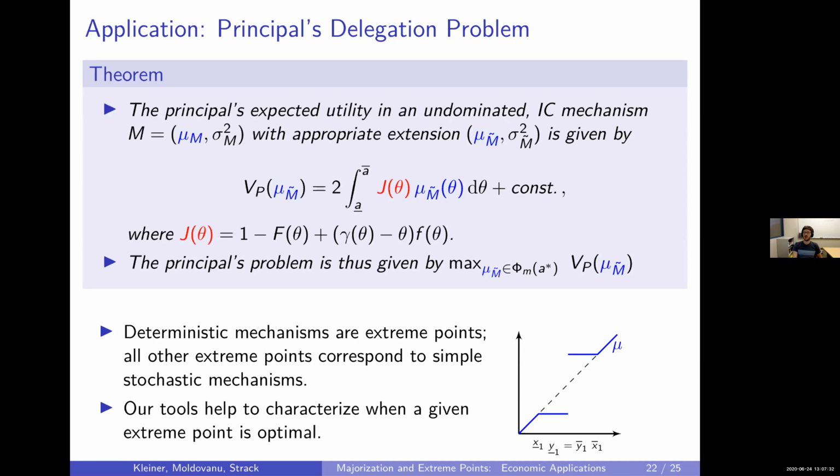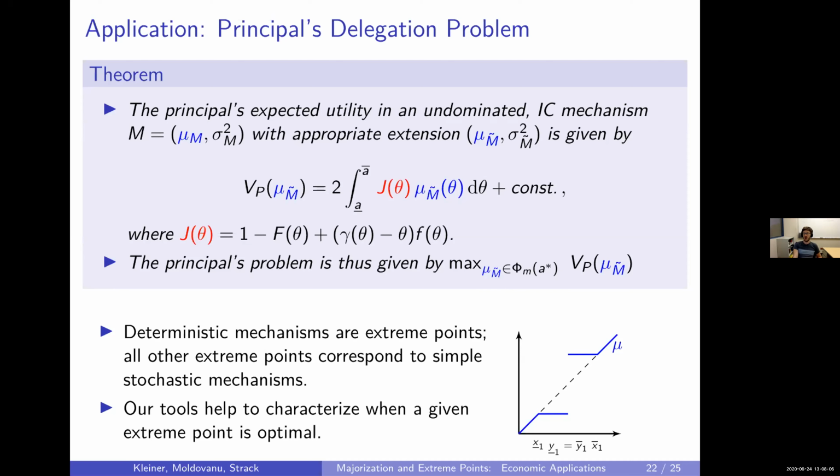And this shows us that the principal's problem now is to maximize this linear functional by choosing a mean action rule, and the feasible mean action rules are exactly those that lie in the anti-orbit of the identity function. So again, it's the same type of problem that we've been looking at before. And what can we say, even without digging into the exact form of the virtual valuation? Well, we know that an extreme point will be optimal if principal and agent have quadratic utilities, because it becomes